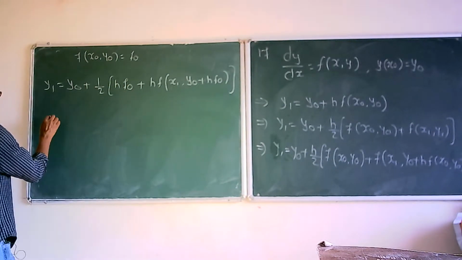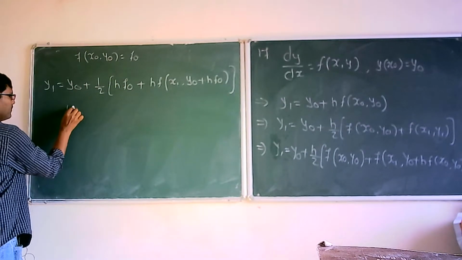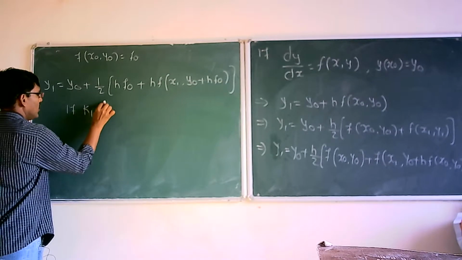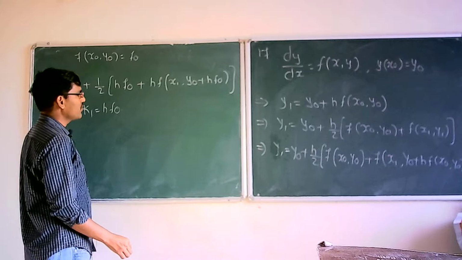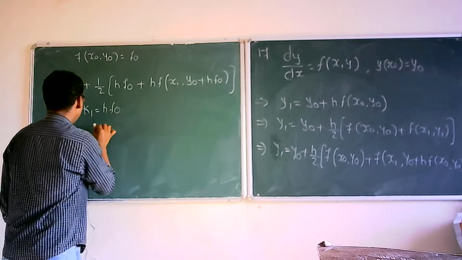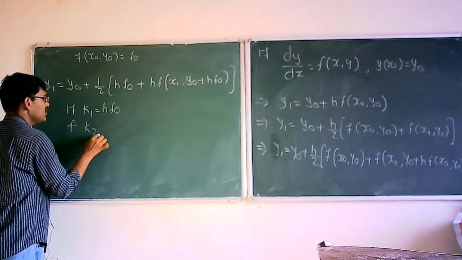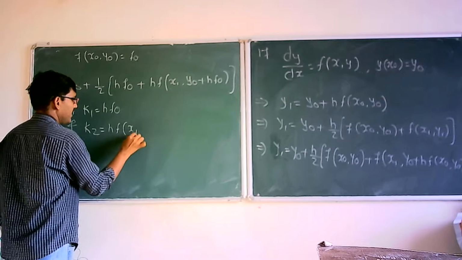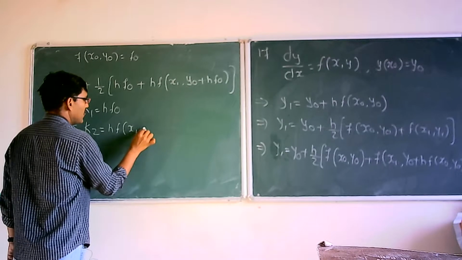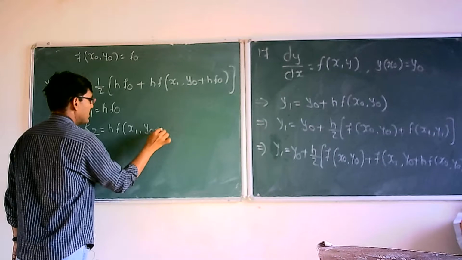Now if k1 is equal to h f0, and k2 is equal to h f of x1, y0 plus k1,